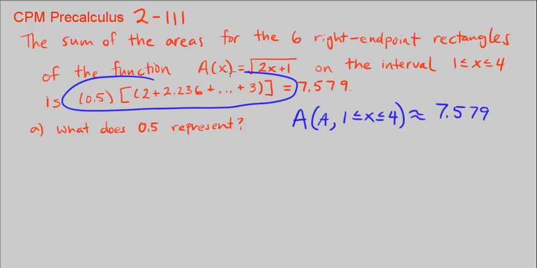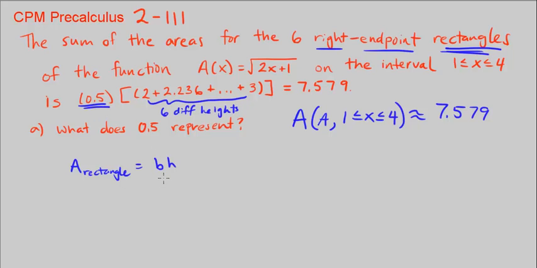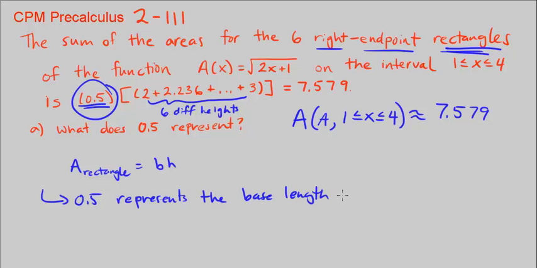Well, in this equation, when we're looking at rectangles, we know that we're finding the area of a rectangle, I can even write subrectangle. It's just the base times the height. And we know that if we're going to use 6 right endpoint rectangles, there's going to be 6 different heights, and the base is the same each time. So this 0.5 represents the base length of each